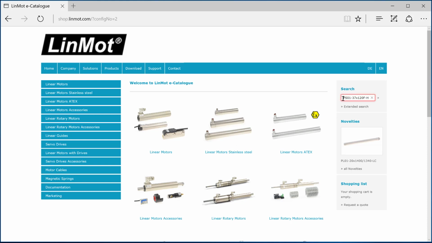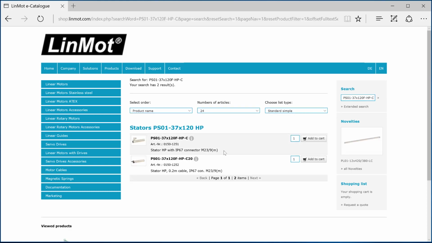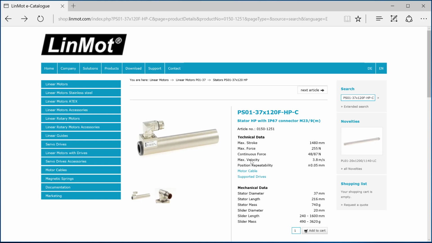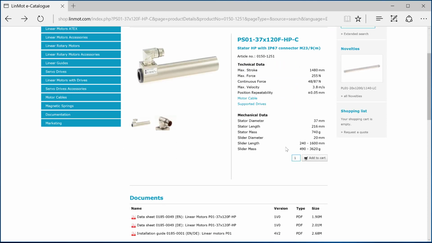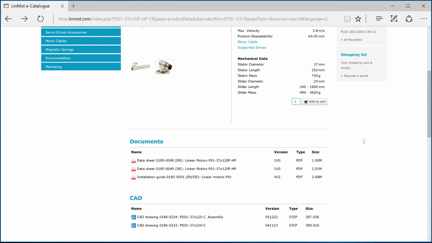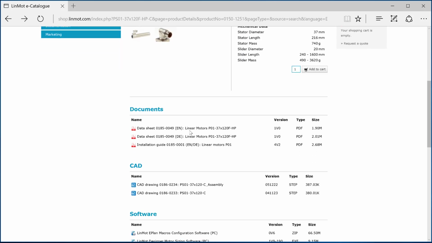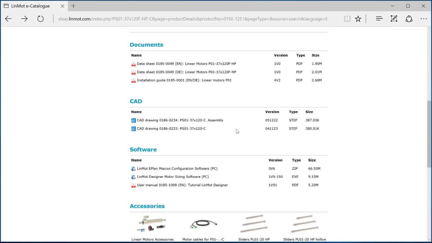For example, I will use one of our PS01 37 by 120 motors. Typing in that information here and hitting enter, you'll notice that it filters out the products that are under that description. Selecting the PS01 37, you'll notice that we can come to the product page. Here, you'll find the technical data, the mechanical data, and accompanying documents for that, such as the data sheet, installation guides, any CAD drawings and step files,